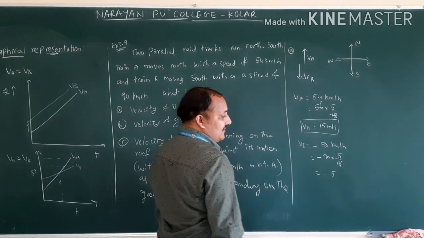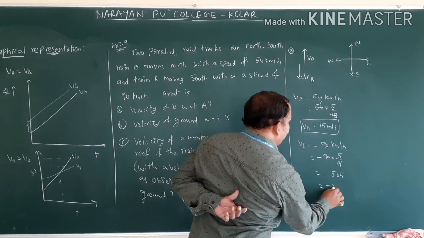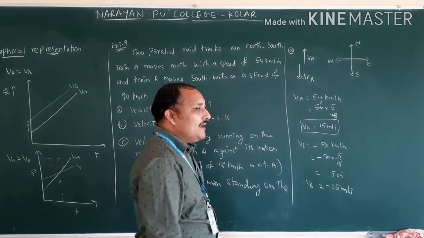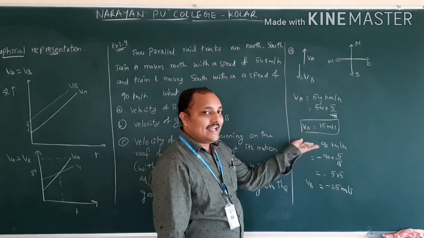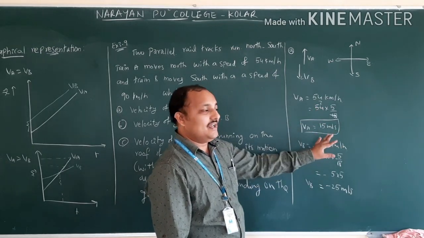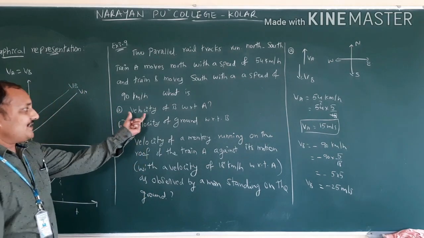5 8s are 40, 1 into 5. 5 plus 4, 9. 5 into 5. So minus 25 meter per second. Till now, we gave simply directions, which is negative, which is positive, and we converted. Means what is given data only we have written once again. Now we have to see the first question.